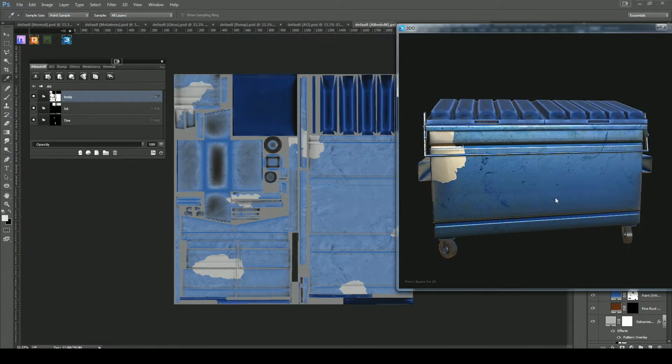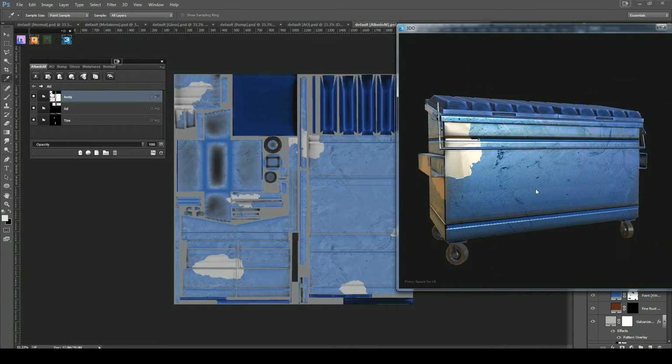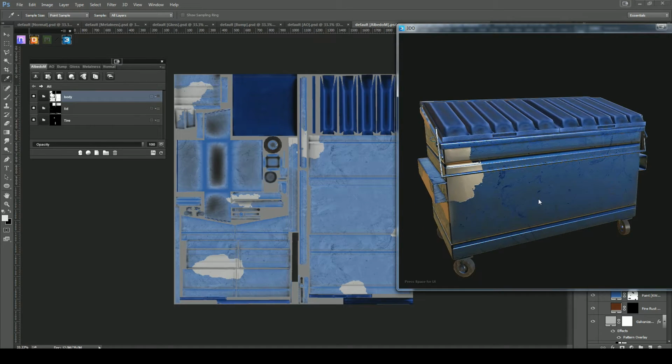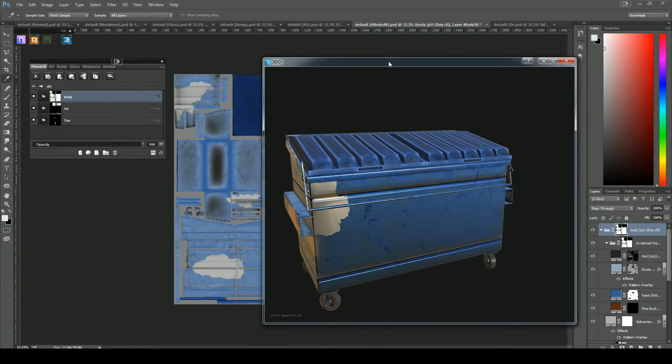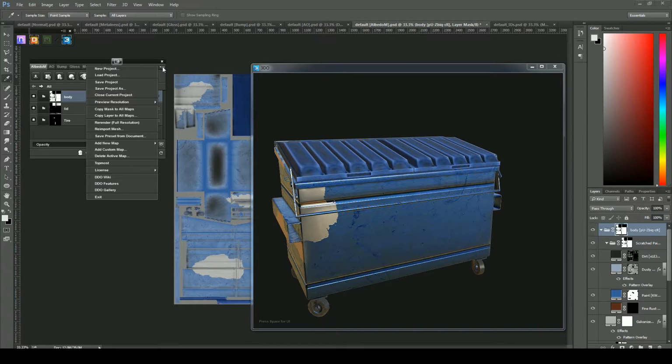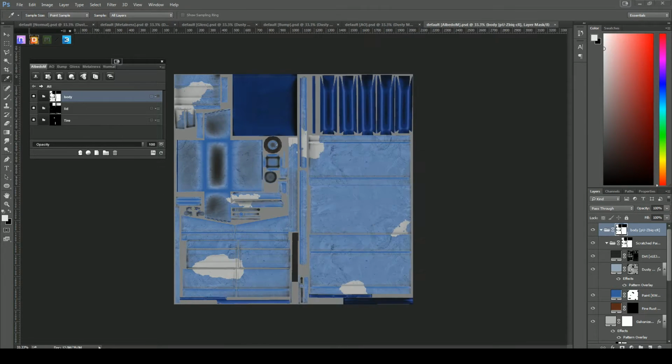So for the next step, I'll actually show a different material that I spent some more time working on. But the next step is essentially Photoshop. So what I'll do is firstly just save this project so we can reopen it and make changes at any time. Okay, so I just need to export this